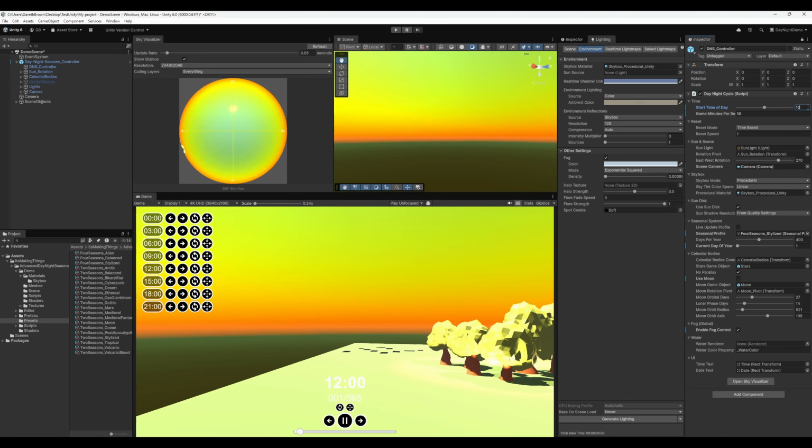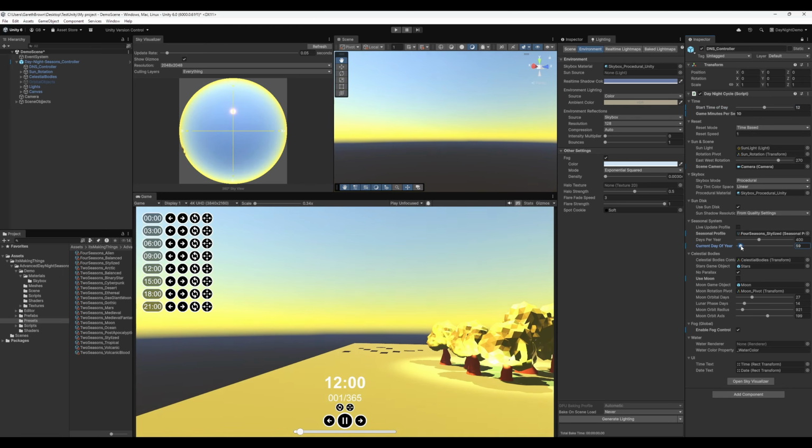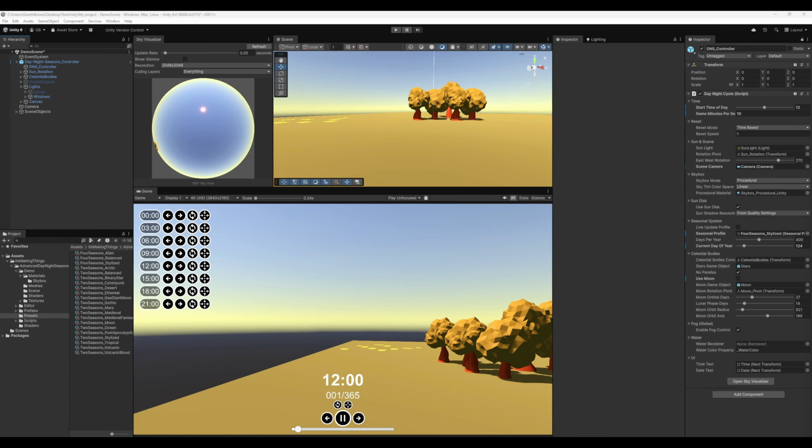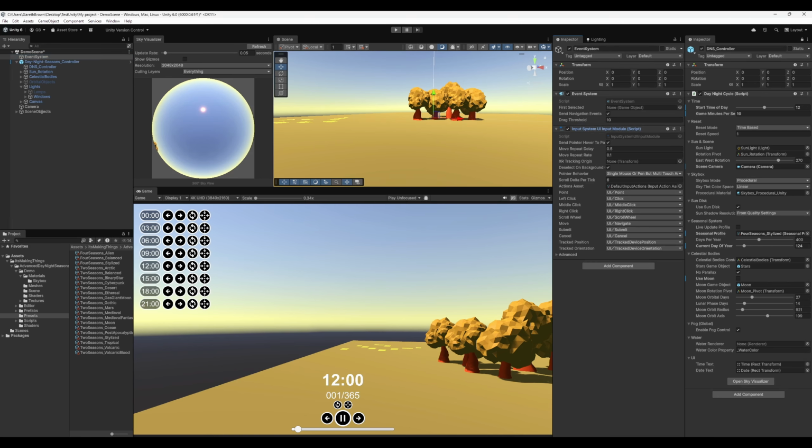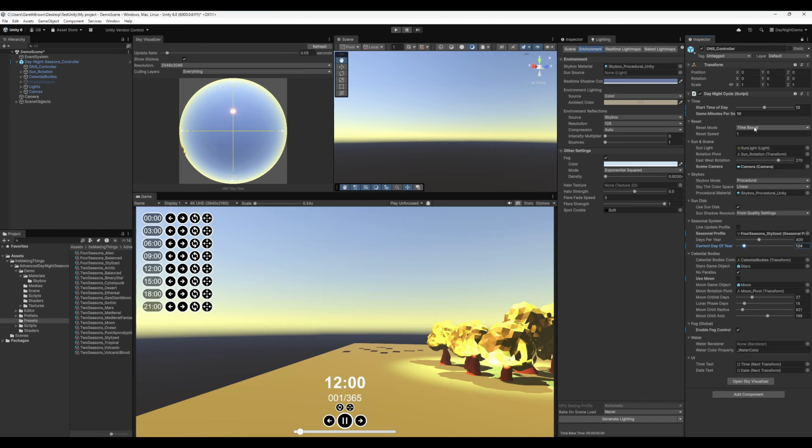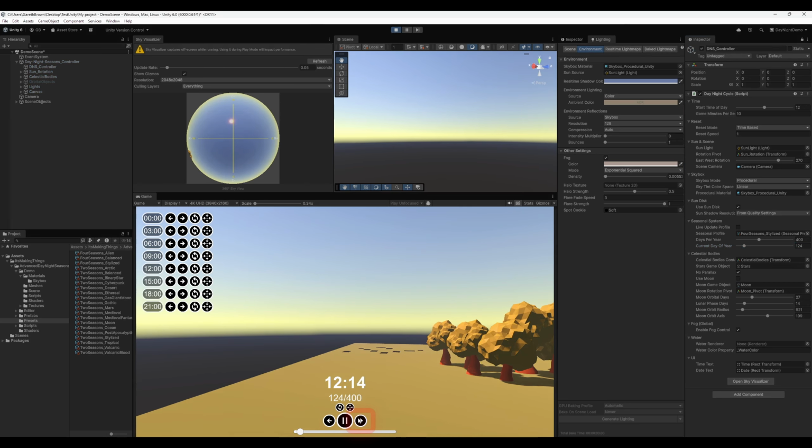The reset system allows you to smoothly move to a new time value using 2 different modes. Time-based completes the transition in a fixed amount of time, regardless of how much time it needs to cover to reach the target. If you've opened a new project, click on the event system and add default input modules so you can interact with the UI. With current time set to 12, when I fast forward or rewind time, it always takes the same amount of time to reach the target.